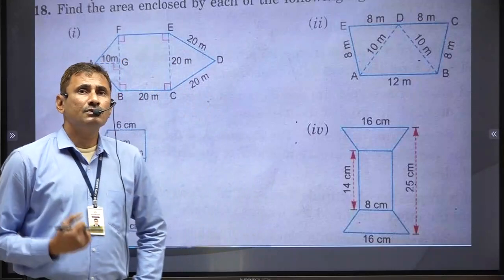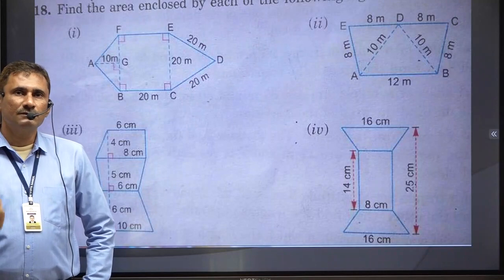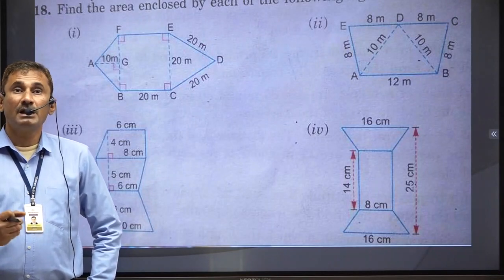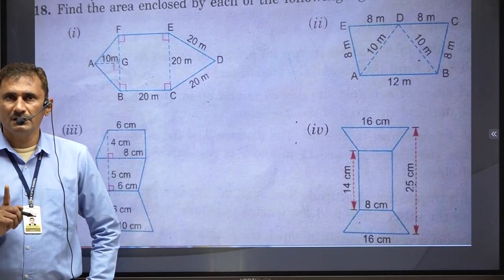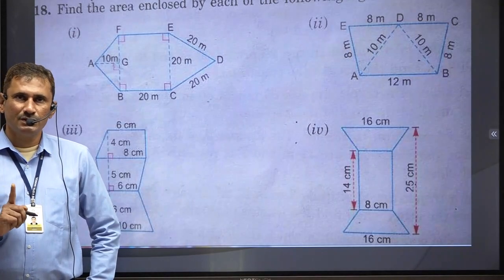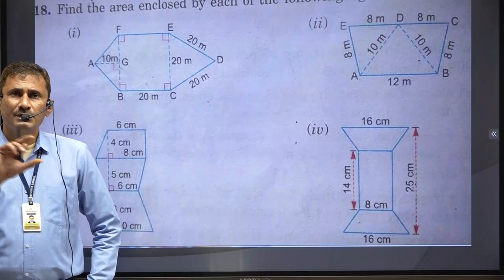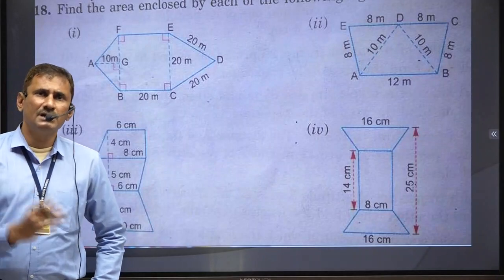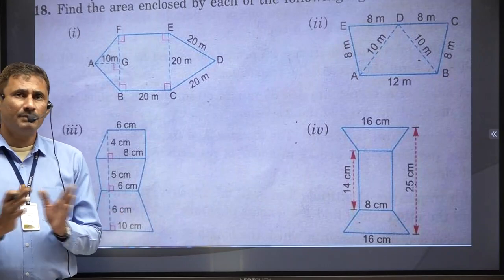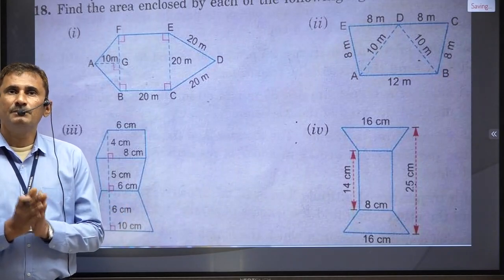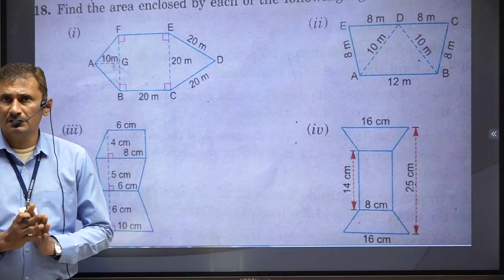Otherwise, you will have a habit of deciding things by appearance. Appearance is not important at all from a figure. Understand well. Appearance of a figure is not important. Only if it is clearly given can you assume that a particular thing is parallel to that one, or that they are equal. Unless they are clearly given equal or parallel, if not given, then you cannot deduce anything regarding that.